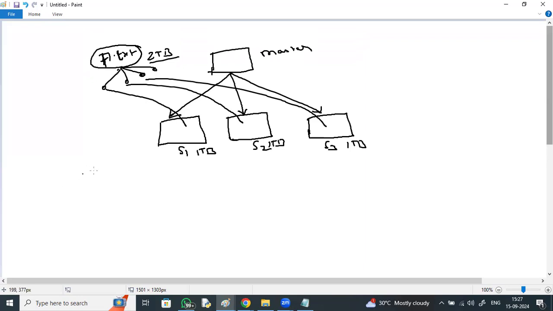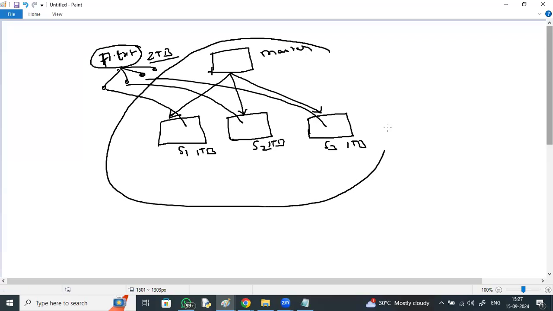Now, two advantages I said: data is distributed across multiple systems, and data is processed by multiple systems, parallel processing. This entire thing we are going to call a cluster: a group of nodes connected in a network.